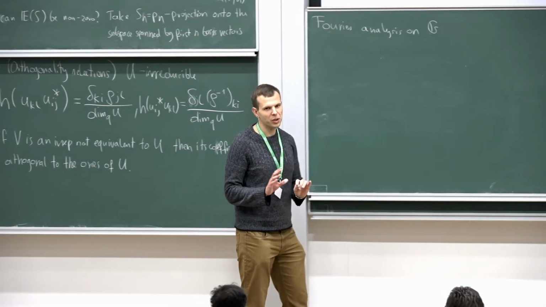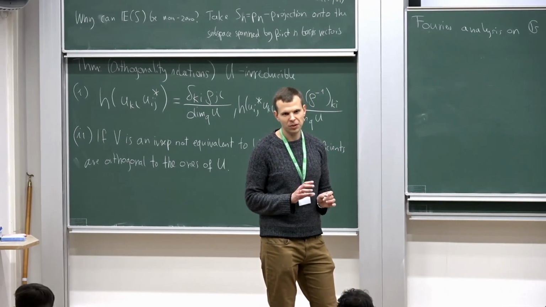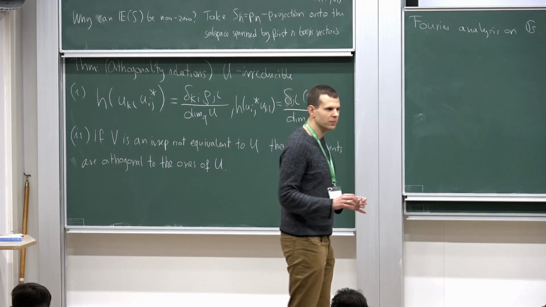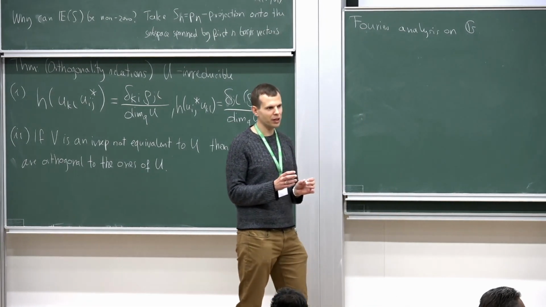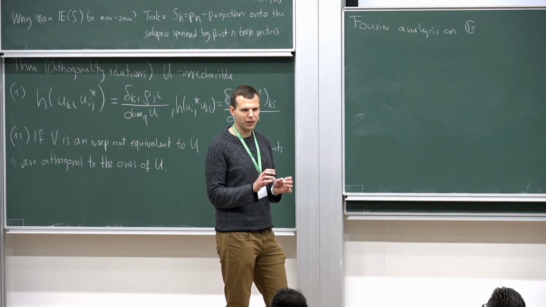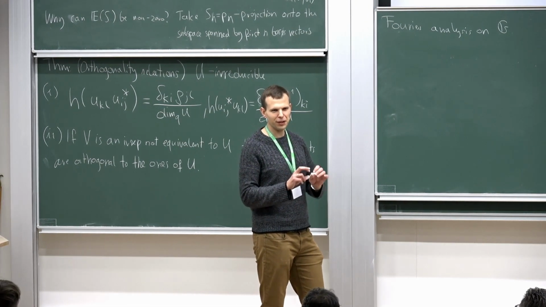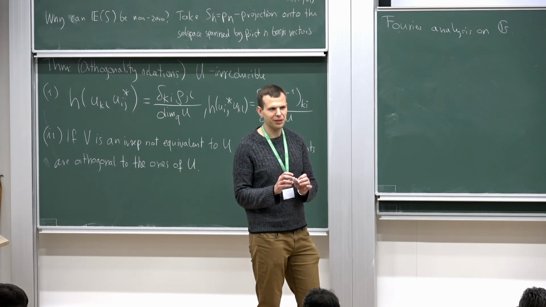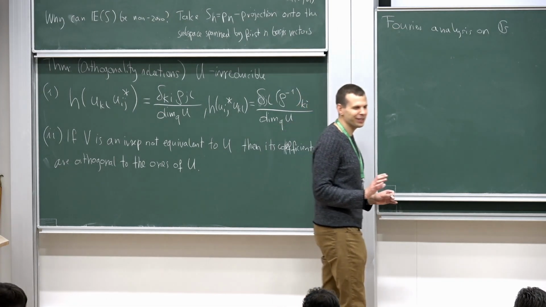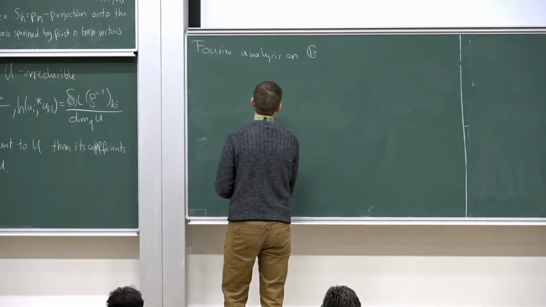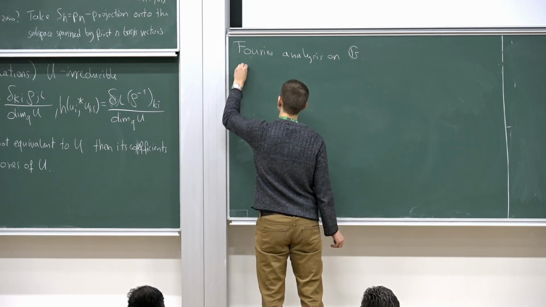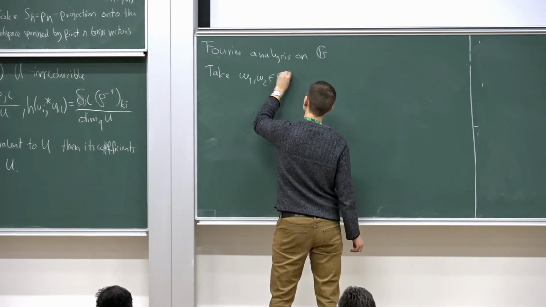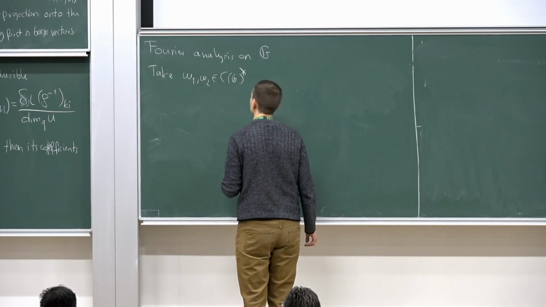Okay, so as I mentioned, the most important thing about the Fourier transform is that it maps convolutions to the usual products. So we need to define convolutions, right? Classically, convolution, in the analysis class you define it for functions first, but the actual definition is that you define it for measures, and then functions are viewed as densities with respect to the Lebesgue measure. That's the actual thing that's happening. So we will define it for functionals first. So take omega 1, omega 2, bounded functionals on C(G).